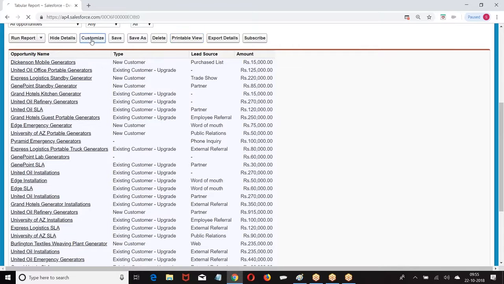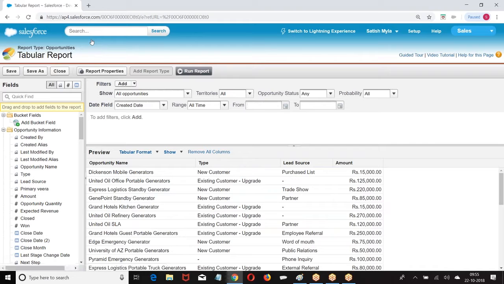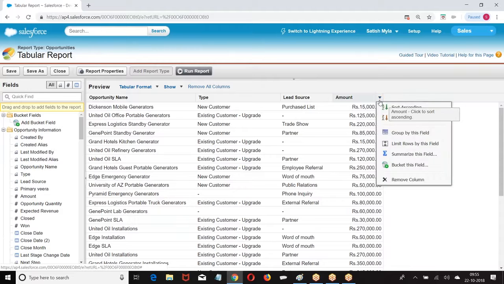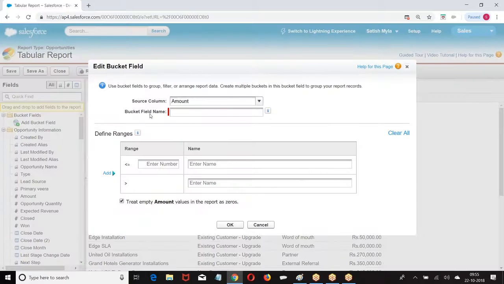Right? Okay. Now, while customizing, we had an option. What is that option? Bucketing the field. What do you mean by bucketing the field? If you want to add any extra column to this, which is not available in the table as a field, you want to add one extra column which is not there in the table, based on any one of the data. Let us say this is the data we have. So based on this data, we are going to create, what was that? Bucket this field.